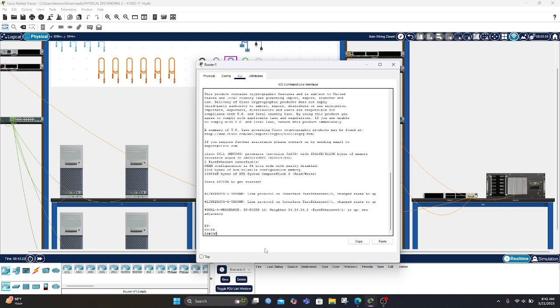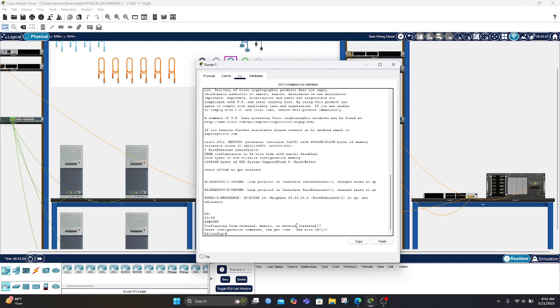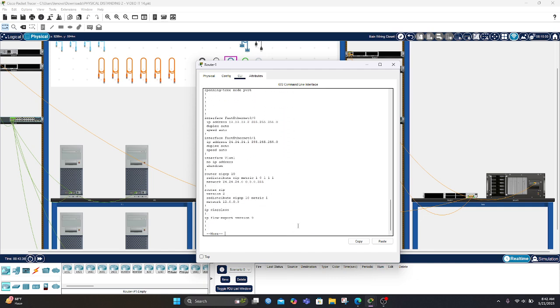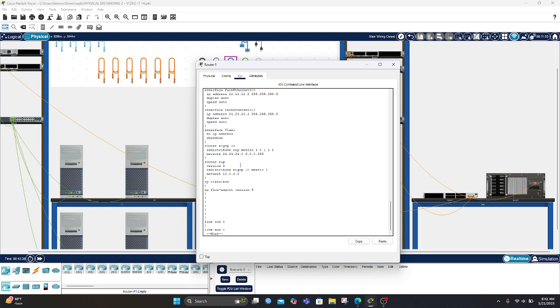Then go to router 3. Enable, configure terminal, then do show run first. There are router AGRP and router RIP in router 3.